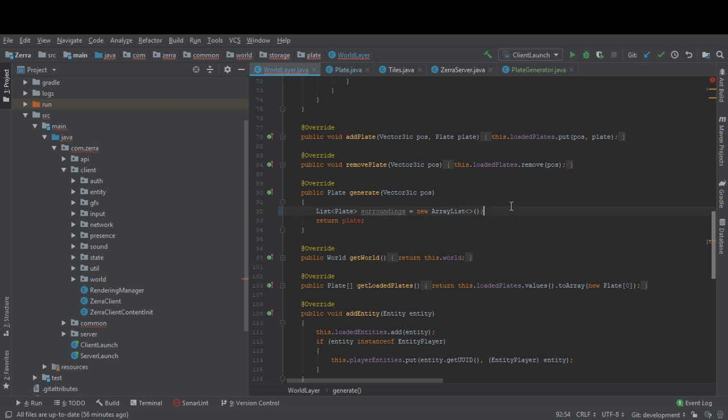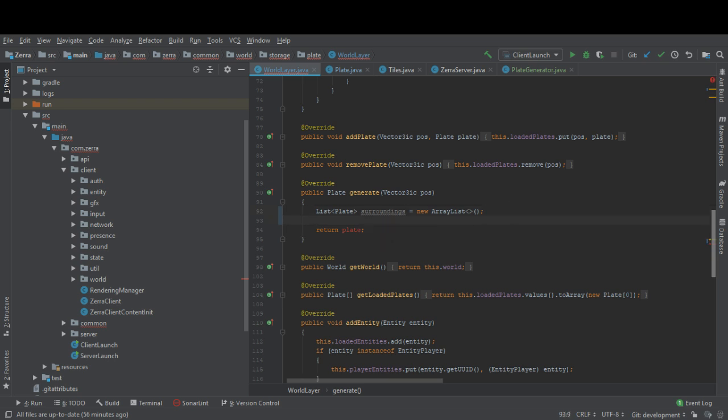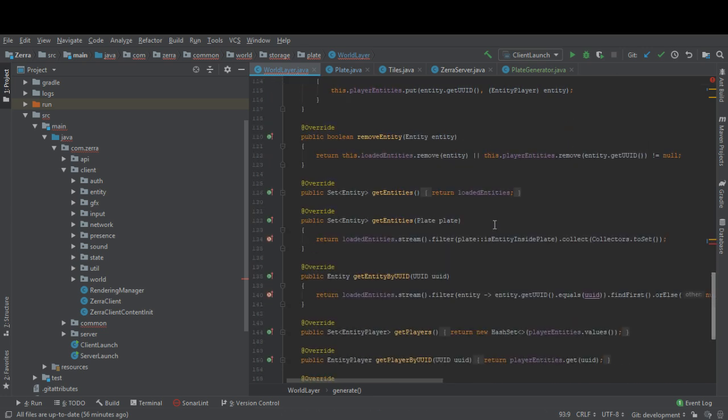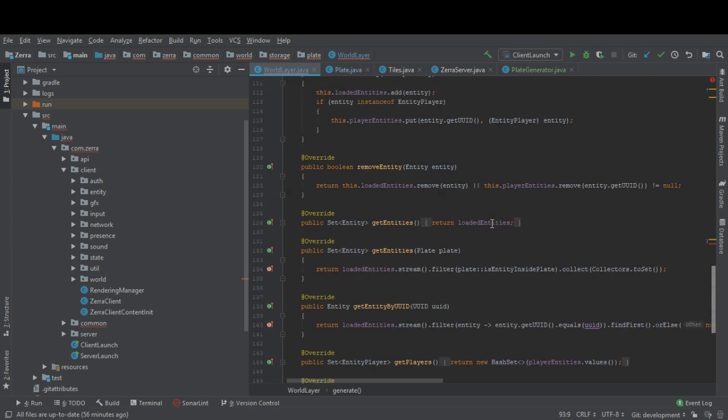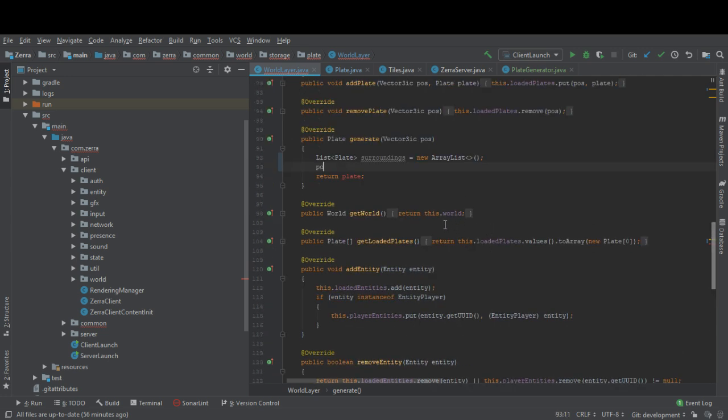The thing is, right, this should work. So we're then going to, alright, so we're going to do post that. We might be able to get